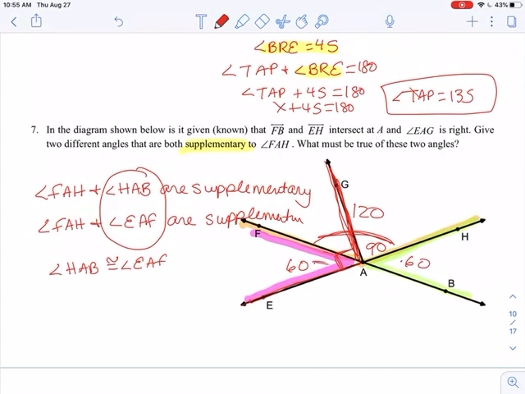It forms a line. So those two angles have to be congruent to each other because they're both supplementary to the same angle. And we can look in this picture. They also happen to be vertical angles. Okay? And that was it for